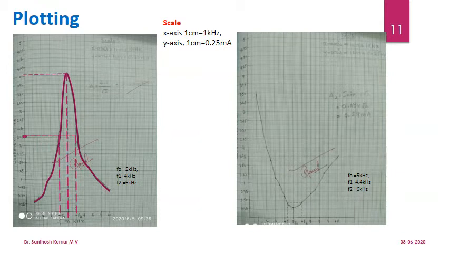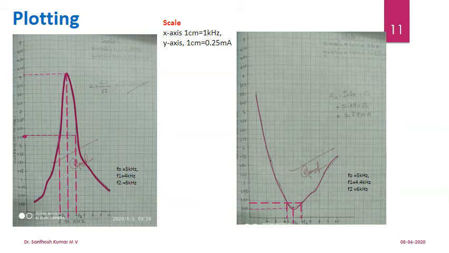Similarly, if you mark the points in the parallel resonance case for the same values and the same scale, we will get a curve like this, and the I minimum, that is the minimum current, is around where the corresponding frequency is 5 kilohertz. Similarly, the cutoff frequency is identified by using the bandwidth, that is delta 2. Marking the point delta 2, which equals 0.39 milliamperes, a horizontal line from there cuts the resonance curve at 2 points. The first cutoff frequency is 4.4 kilohertz, and the second cutoff frequency is around 6 kilohertz.